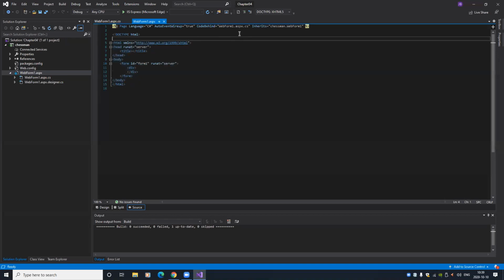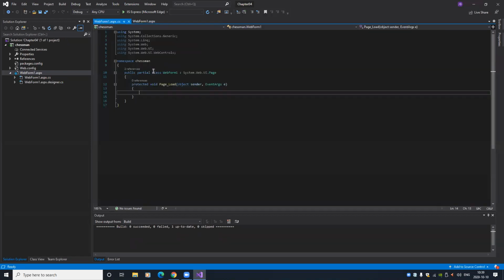Behind this, you can see that this is pointing to webform1.aspx.cs. Okay, that is this file over here. That is our little code-behind file over here. Okay, now,